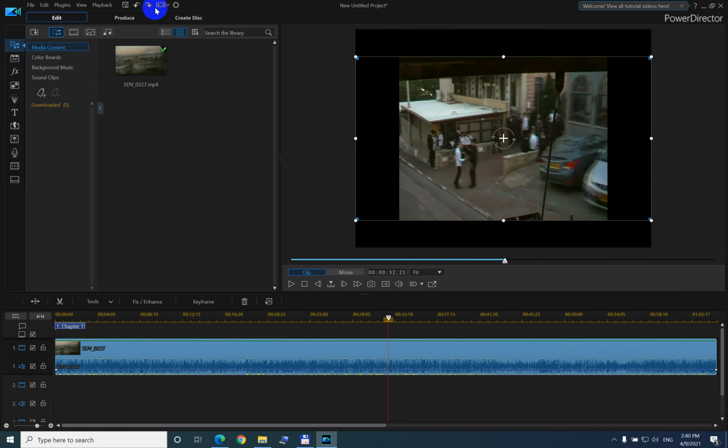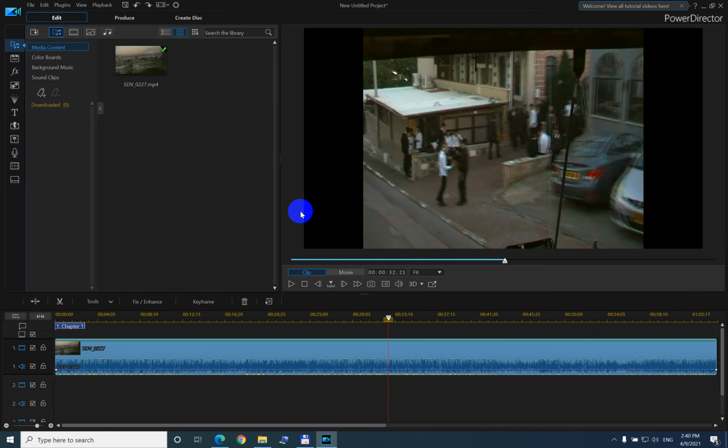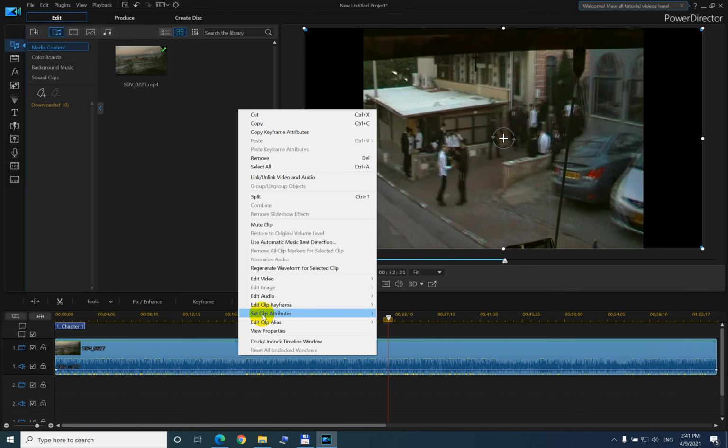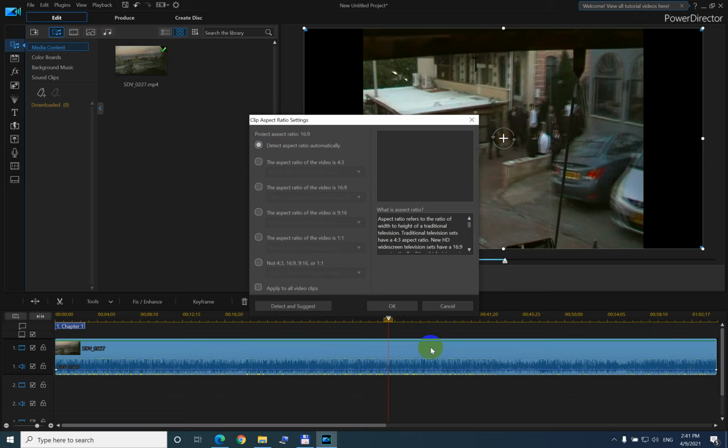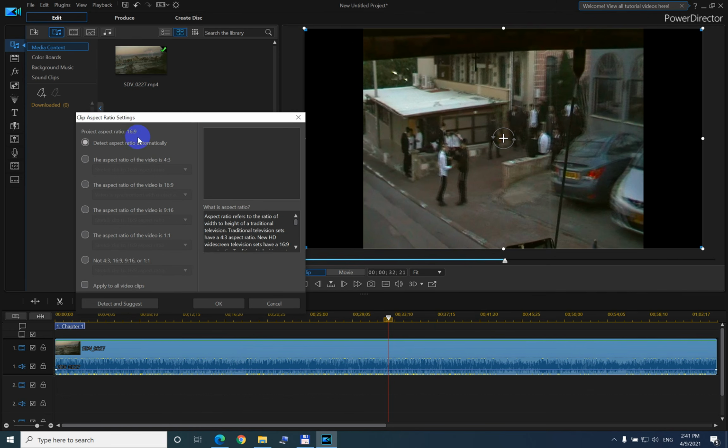Let's undo it and put it back to 16:9 also. Okay, 16:9 is back with the two vertical black bars. Now right click on the clip itself, set clip attributes and set aspect ratio. Click on set aspect ratio, and on this window, clip aspect ratio, let's select the second option from 4:3 to